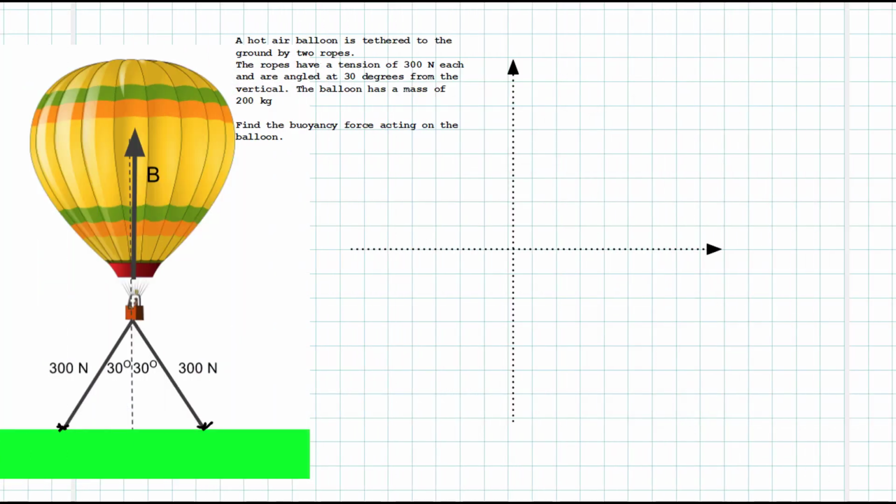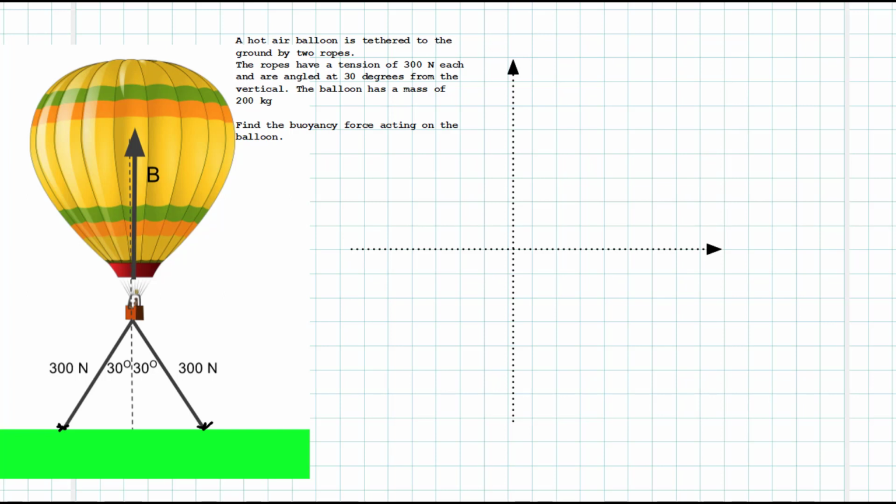A hot air balloon is tethered to the ground by two ropes. The ropes have a tension of 300 newtons each and are angled at 30 degrees from the vertical. The balloon has a mass of 200 kilograms, and we've been asked to find the buoyancy force acting on the